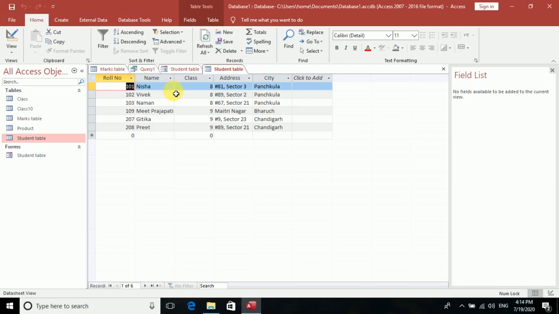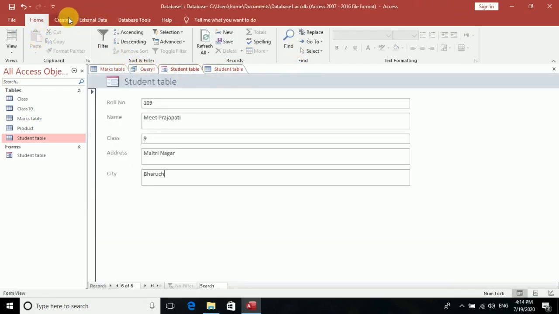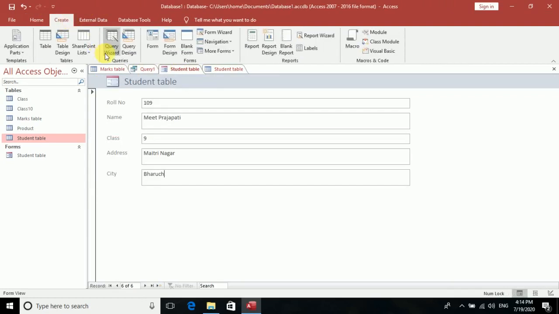But please keep it in mind that without the table, the form is not going to work, not even a query, not even a report. Now we will go with the report. What is a report? It is a summary, that is, you can see the report of the data. So let us see the report. We will click on reports. You can see here the reports group under create. In that same way, we have different options: report, report design, blank report, report wizard, and labels. So we'll go with the report.